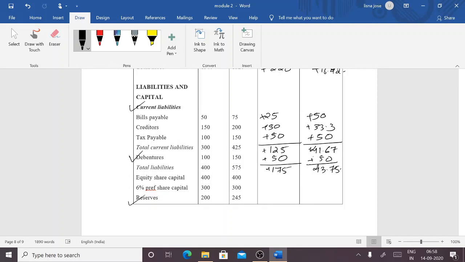And in the same way you need to calculate for equity also, but here equity share capital has no change, it remains the same for both years, and preference share also remains the same for both years. And for reserves, it is increased by 45, and the percentage for the same is